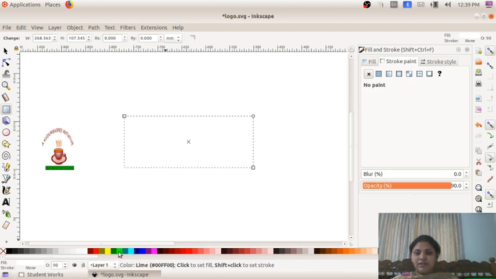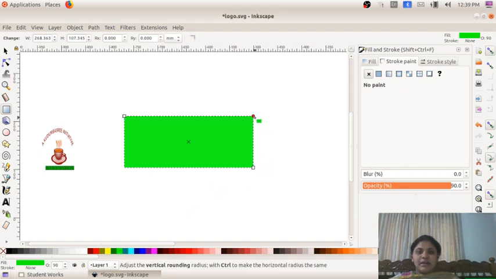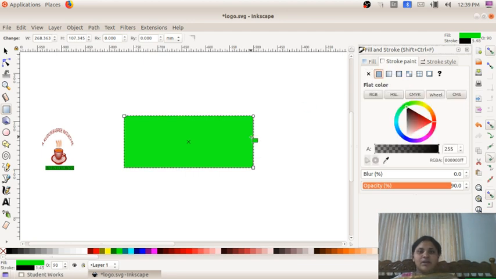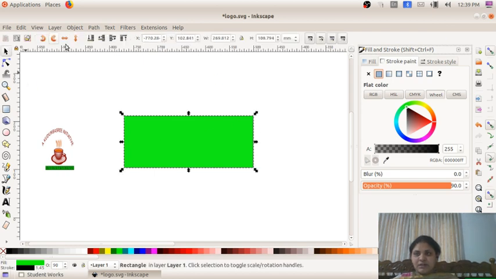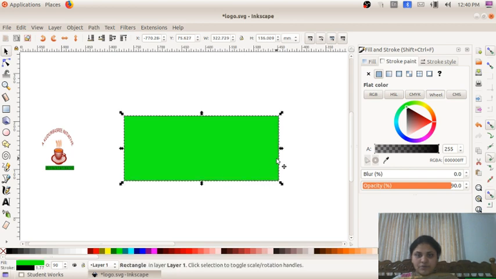Here the stroke paint is not given, so I am giving the stroke paint also. I am giving the outline also. I already gave the fill color. I am giving the stroke also, and I have to resize it according to the background picture. Okay, so now it is okay.